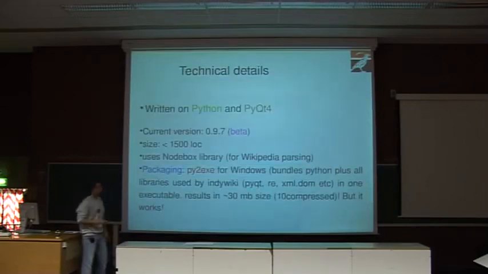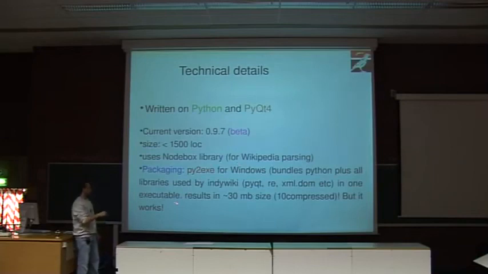Okay, now the application is written in Python and PyQt4. This powers the GUI. We are still on beta version. The project has been going for 3 or 4 months since it was started. It's a small program, as you can see, with very few lines of code, which Python enables. We use this excellent library, the Infobox library, to do the Wikipedia parsing, which is the hardest aspect in the application. And we provide executables for Windows users,